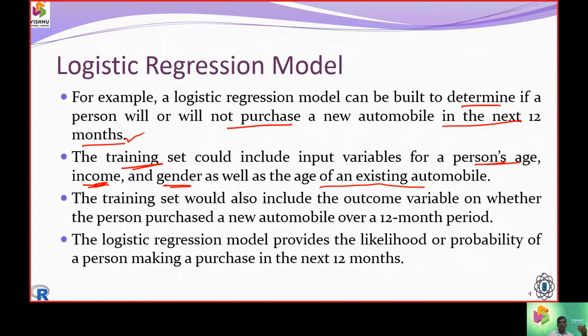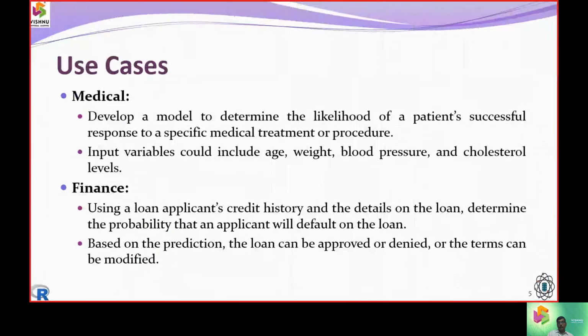I assume you have a car and it is a 10-year-old car. So maybe in the next year, as this is an old car, do you have an intention to purchase a new one? In this model, you want to predict something. There the logistic regression is going to happen. Logistic regression is going to predict the likelihood, the probability, of a person doing so. That probabilistic estimation is taken up in what we call the logistic model.